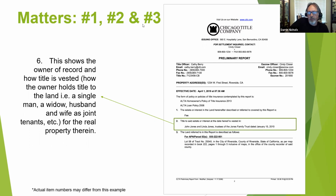Well, if you're the seller's agent or the buyer's agent, and some guy named Fred Jones comes up and says, hey, I want to sell my house, and you enter into a purchase and sale agreement and you find a buyer, and then the preliminary title report is issued and we don't show Fred Jones being the owner. We show John Jones and Linda Jones. Well, that's a good time to start raising some questions. You may want to go back to your owner or the person who opened up the order with you and say, hey,